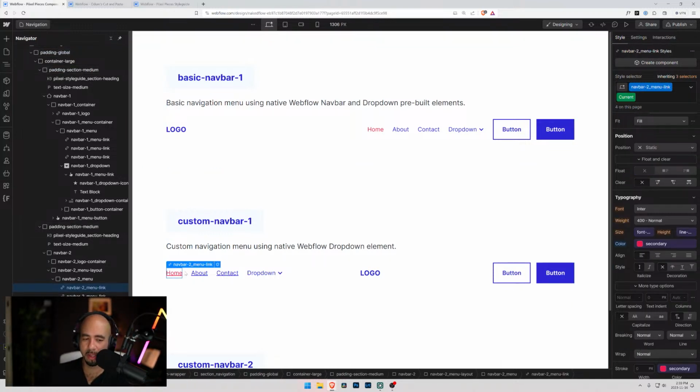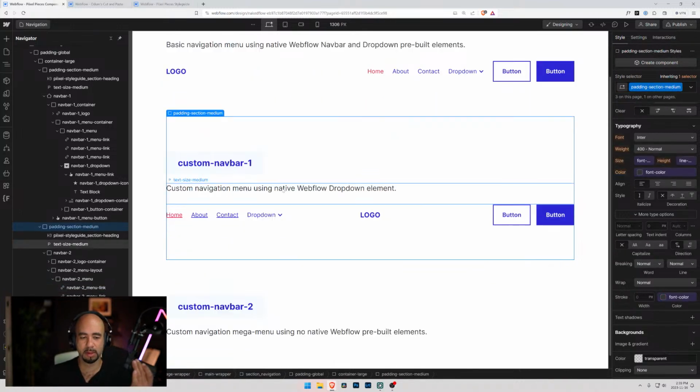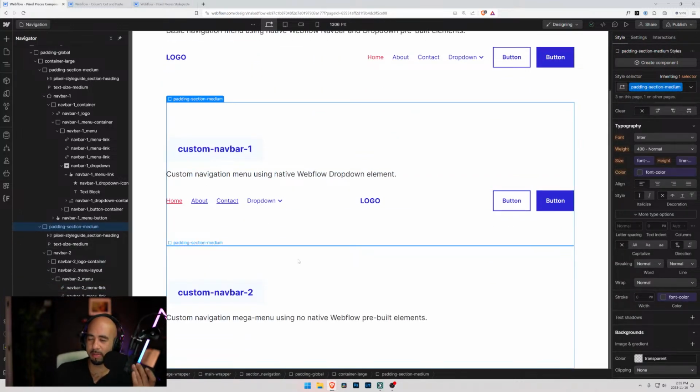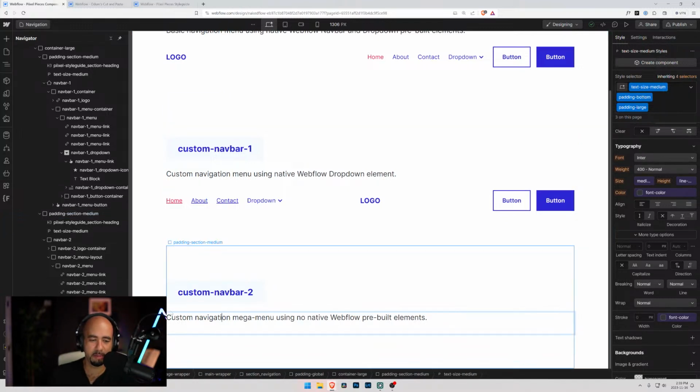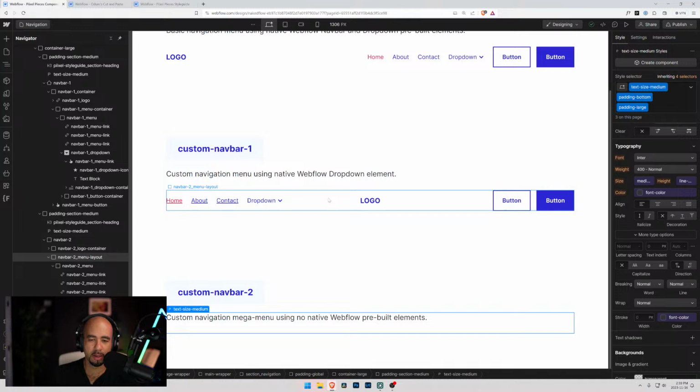Okay, great. So now we need to make custom navbar 2, which is going to be a mega menu. So do we start with a completely new menu, or do we copy and paste what we did for this custom navbar? I think we'll start with a completely new one